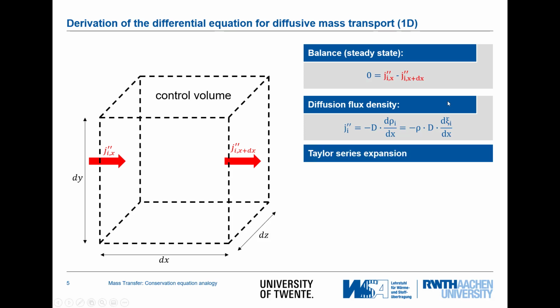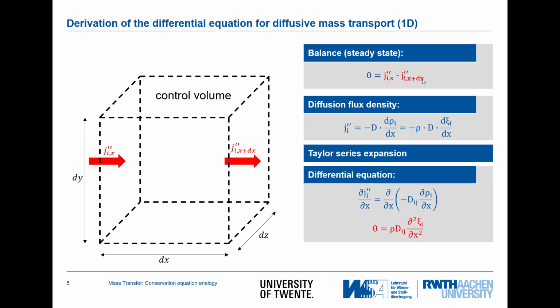To obtain the other flux, the flux at the location x plus dx, we will utilize the Taylor series expansion as known from heat transfer. So both together, if we add them, we are left at the end with the knowledge that the change of the mass flux dj double dash dx